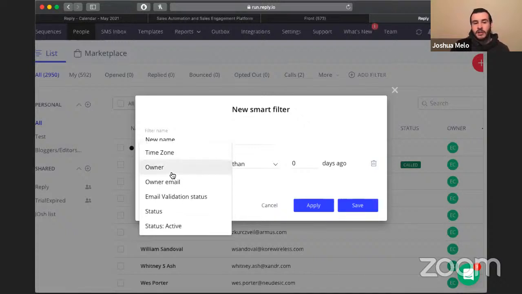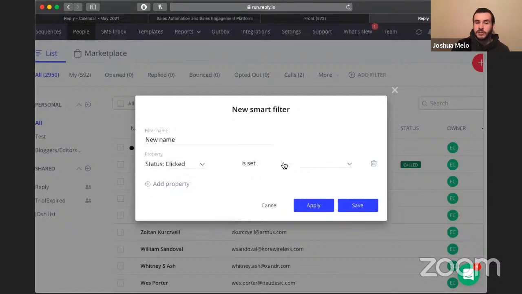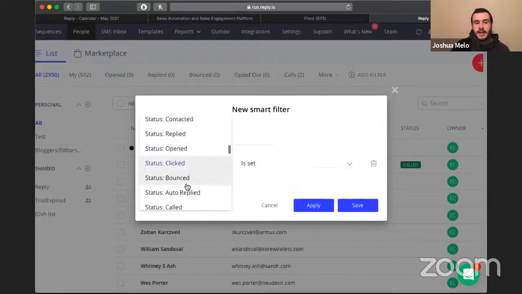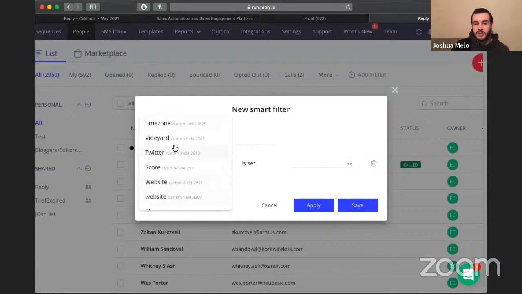And then we also have options for interaction types. So if you want to see people that have engaged in a specific way, you can look for that as well, or exclude them. We do have a true and false option as well. And then lastly, we would be utilizing our custom fields. So anytime that you have a field that you want to work with that isn't part of our default set, you can add in the custom field at any point, and then you'll be able to filter by the specific